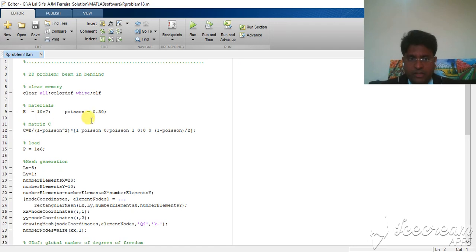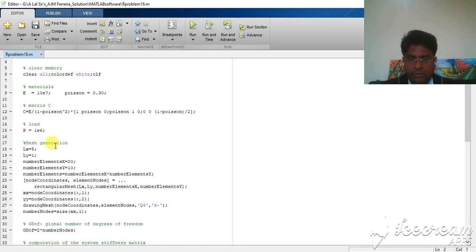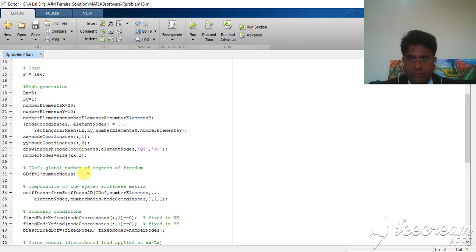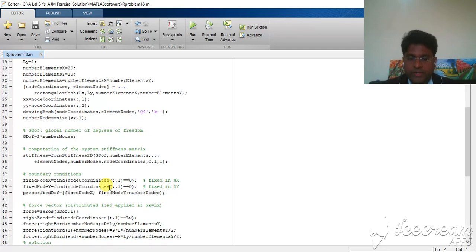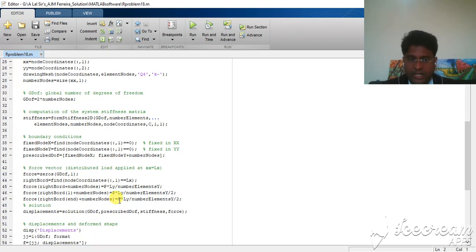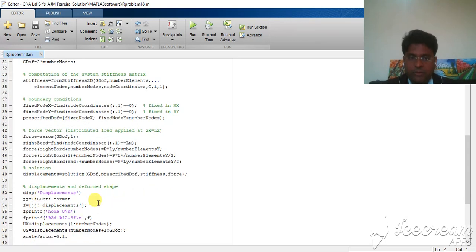Here E is the Young's modulus and nu is the Poisson's ratio. These details have been used here for the calculation of strains as well as stresses. Initially, we have written codes for element connectivity. That element connectivity is supported with some boundary conditions, and we have calculated the global stiffness matrix. That global stiffness matrix is further utilized for calculation of stresses and strains under the application of some bending loads to the structure. And finally, deformed as well as undeformed plots have been compared under one graph.